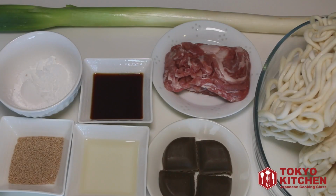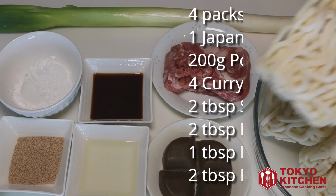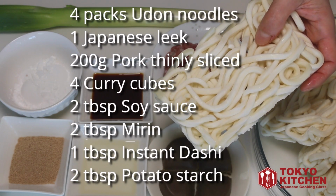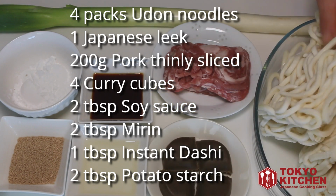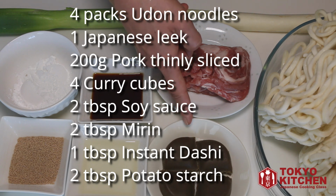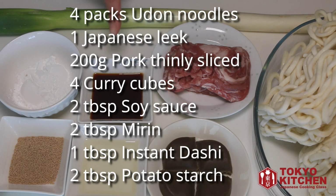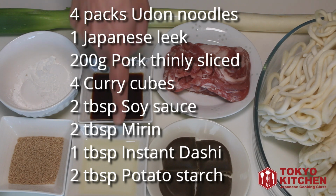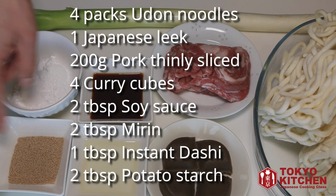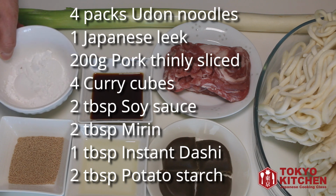These are what you need to make 4 servings. 4 udon noodles. I'm using this frozen one today, but you can of course use dried ones as well. Japanese leek, thinly sliced pork, about 200 grams. 4 curry cubes, Japanese curry cubes. 2 tablespoons soy sauce, 2 tablespoons mirin, 1 tablespoon instant dashi soup stock, 2 tablespoons potato starch, which you can